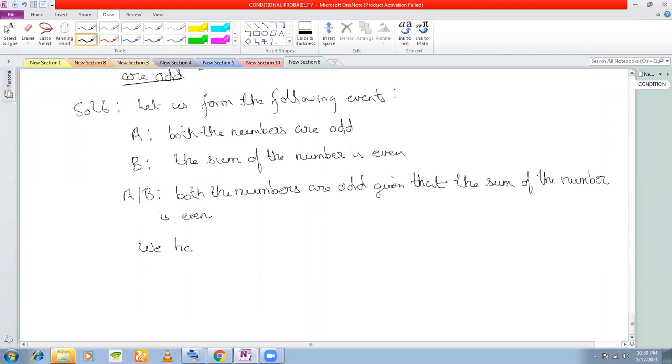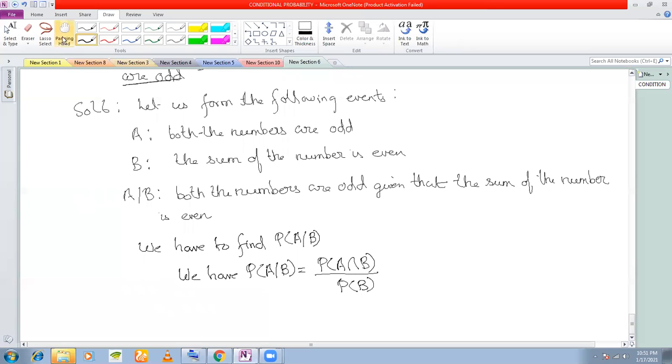We have to find P(A slash B), which is equal to P(A intersection B) divided by P(B), right? So let us find out what the events are. First of all,